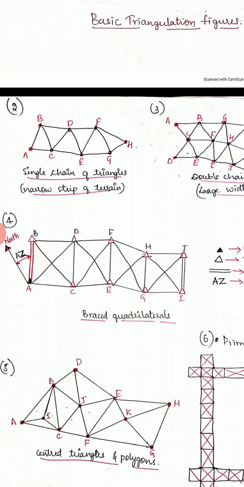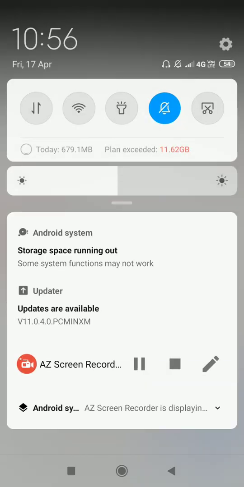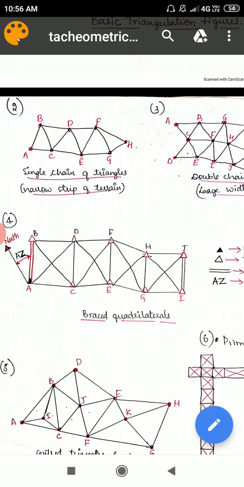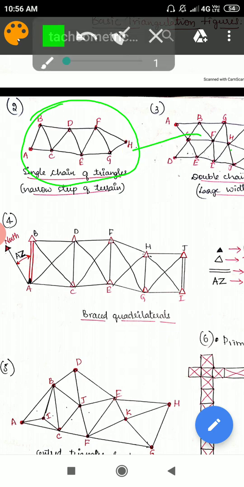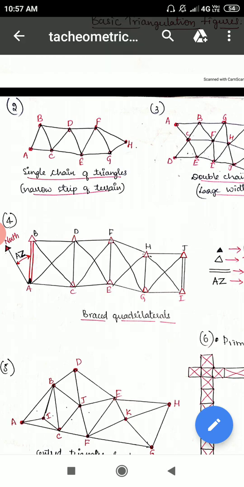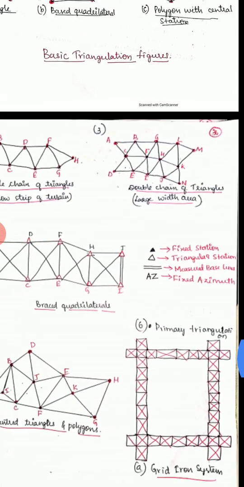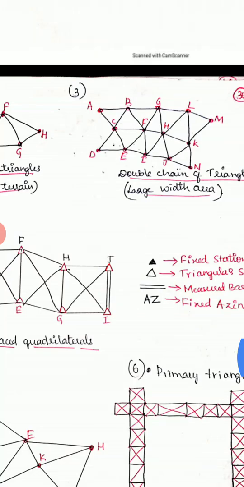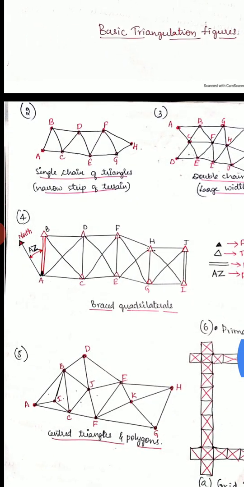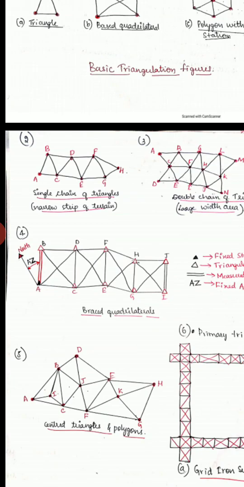So by using only a single chain, we will measure the area, and also it is a single line. In these cases, see here. So in these cases, and also the double chain method, it covers the entire area, and a double row of triangles is present in the double chain method. In single chain, only a single row is present. Okay. Next one is based